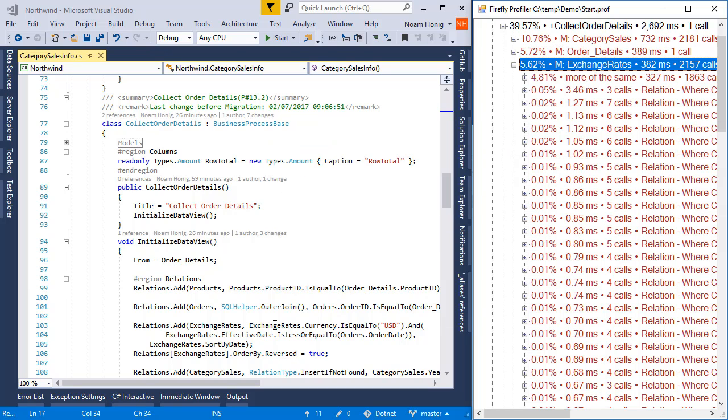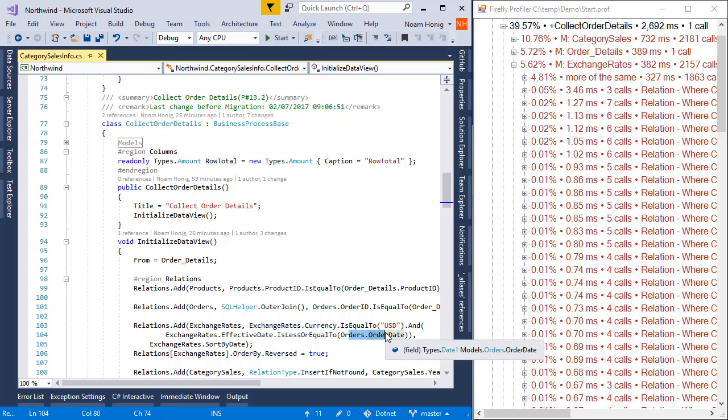We can see that we're getting the rows where currency is equal to a value, but where effective date is less than the order date. This indicates that we are getting several rows and only using the top one, and the order by reverse is also a good indication for that. What probably goes on here is that we are getting the latest available value for that currency based on the order date. So this rules out caching, because the variety is very big, and it also rules out join,